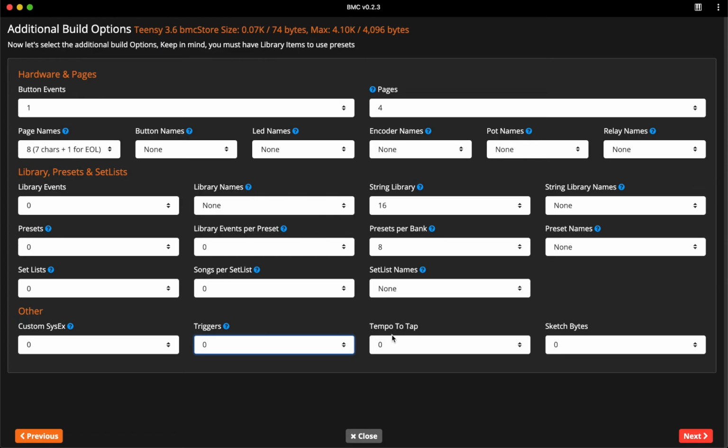Tempo to tap, that's a feature that I use to send out control changes in intervals. A lot of devices will have a control change option, and that control change parameter will act as a tap tempo. That means that you can send it from an external MIDI controller. You can tap a button that sends, let's say, control change 10, and then your device will get that control change and